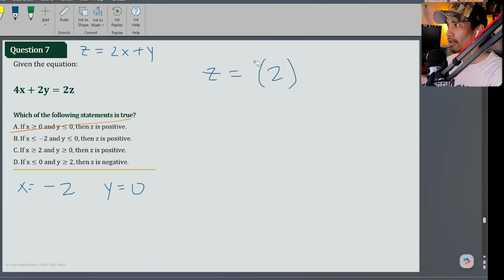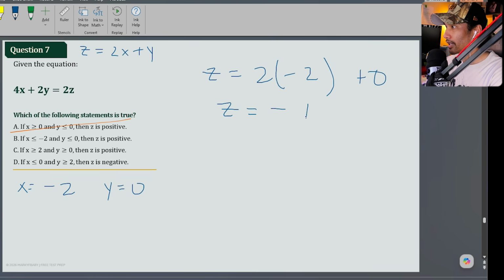So z is equal to 2, oops, that's not in parentheses. This will be in parentheses. And I'm going to have plus 0. And I get z is equal to -4 plus 0. Z is equal to -4. And I get a negative number, and that makes answer choice B incorrect. Moving on,